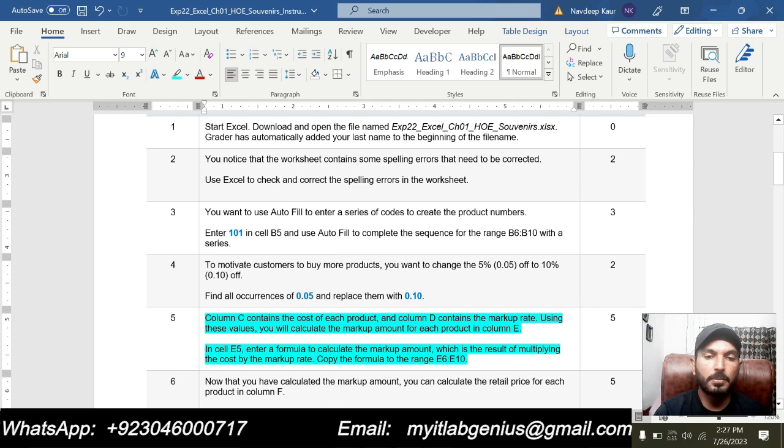So next step is step number 5. Column C contains the cost of each product and column D contains the markup rate. Using these values, you will calculate the markup amount for each product in column E. So basically we are supposed to calculate the markup amount in column E, and for this we will use the